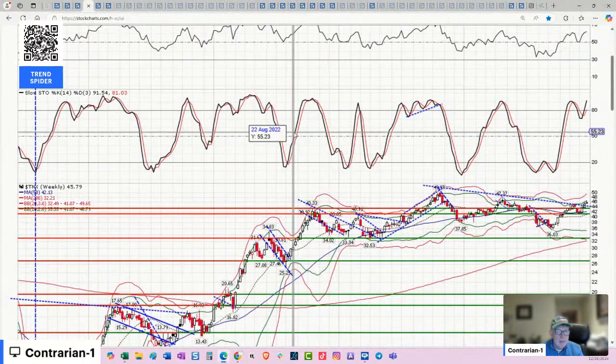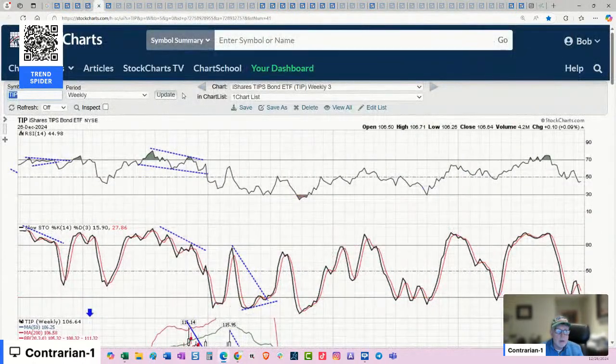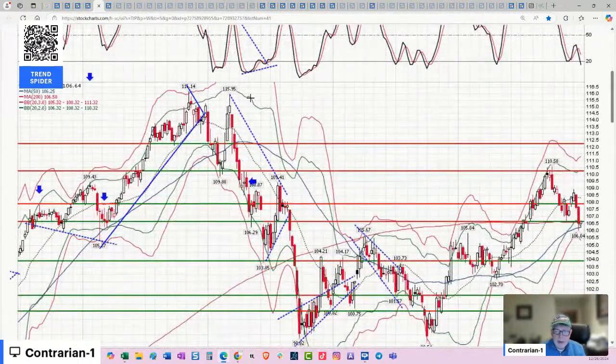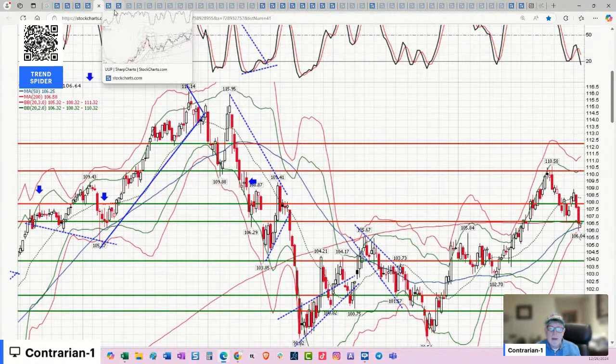Taking a look, we already went over yields, TIPS, Treasury inflation protected securities. There's no fear about inflation right now. That's what this chart is telling you. Zero. The reason why is that bond yields and the US dollar are very, very strong. If yields drop, dollar drops, inflation concerns remain. Gold, silver, TIPS, anything you could drop on your foot and it hurts, you want to buy. Till then, avoid.